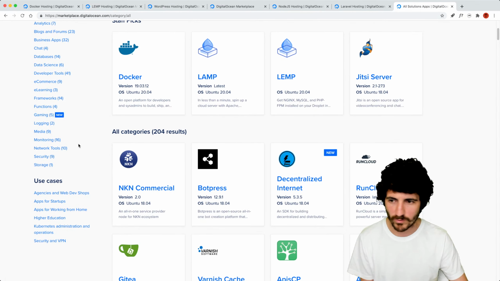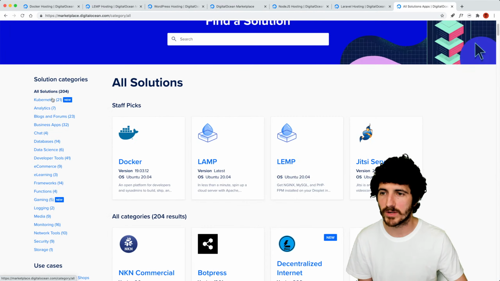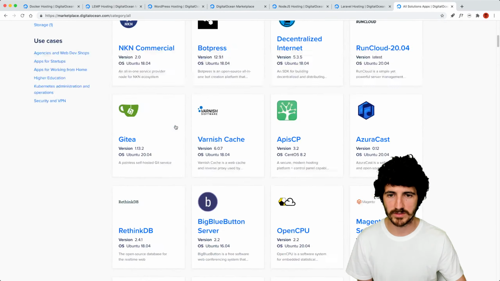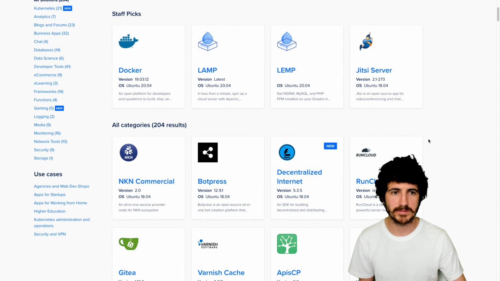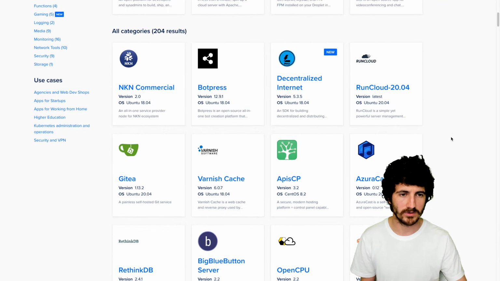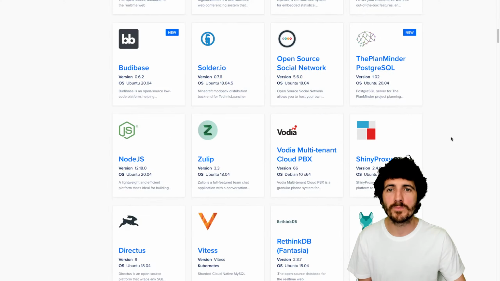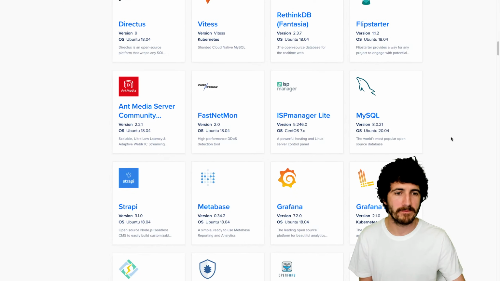All right, so what else is here? Storage. What do we have? Storage OS. Let's go through really quickly. Maybe with all solutions, we can explore all of them. So let's preload all the images. All right, so we have here Jitsi server. I don't know what that is. I saw that before. Okay, Open CPU, Zulip, MySQL.